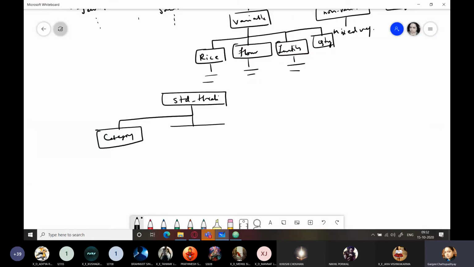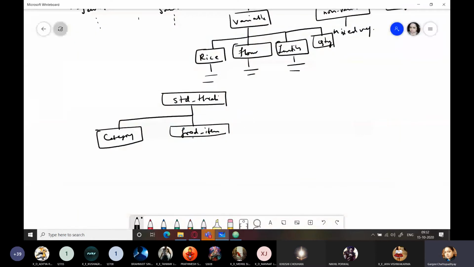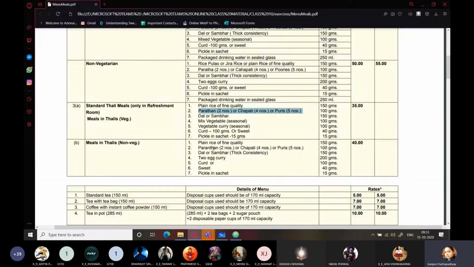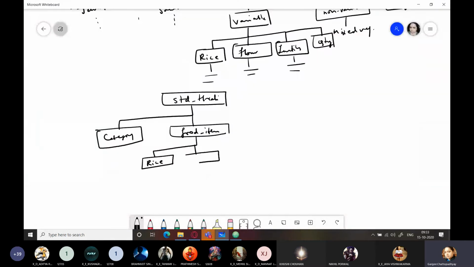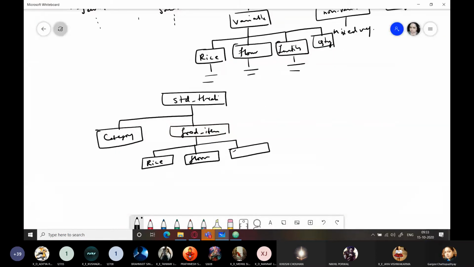So category, food item which will contain this name, that is veg thali, something like that we'll add, right? And within veg thali what all things are there? So one is, yes, now I think I am able to think about it, rice items. We will be having flour or bread items, right? Then we will have lentils.